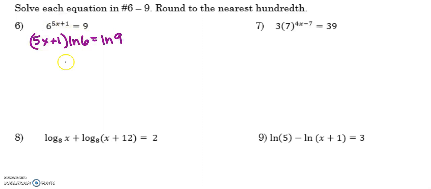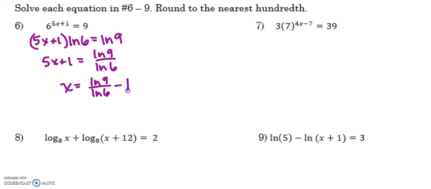So that allows me to swing this 5x plus 1 down. So that means that 5x plus 1 equals the natural log of 9 divided by the natural log of 6. X then will equal the natural log of 9 divided by the natural log of 6 minus 1, all divided by 5. That would be your exact answer, which ends up being about 0.045 if you round to the nearest